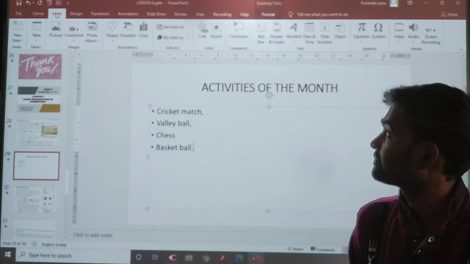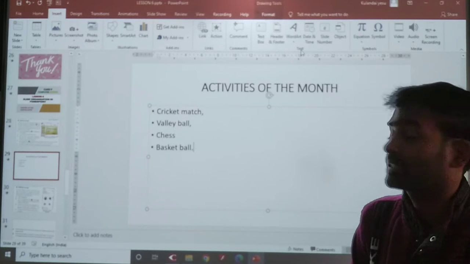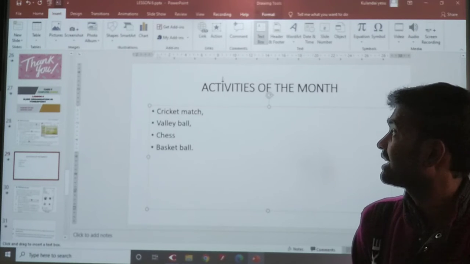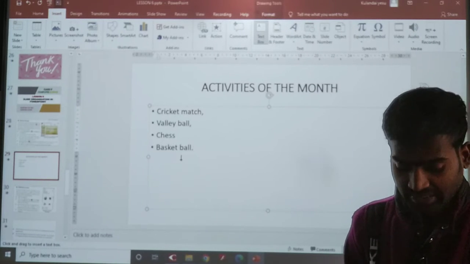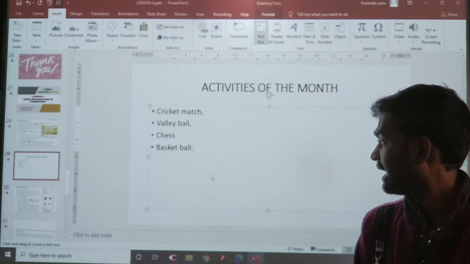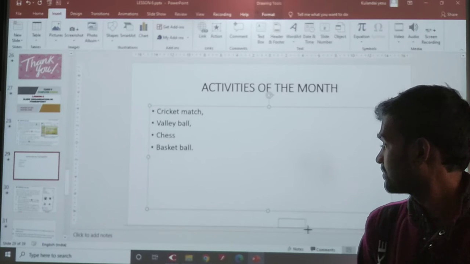How to insert a text box? Go to Insert, then under the Text group, there is a text box. Click here. After clicking it, left click on the mouse and drag.